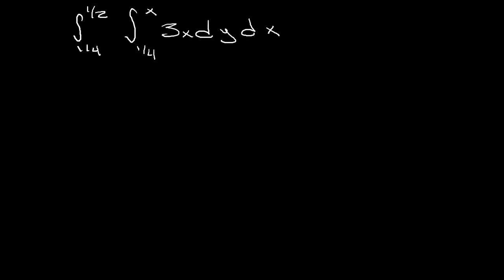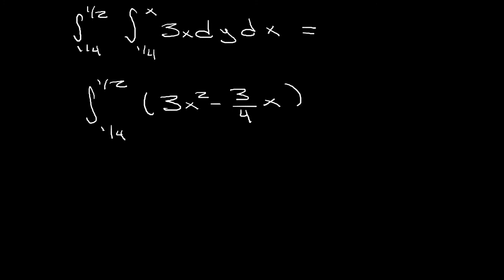So we will have something like this. The double integral 1/4, 1/2, 1/4 to x of 3x dy dx can be written as the integral from 1/4 to 1/2 of (3x² minus 3/4 x) dx. You don't have to wait for me, guys, you can do it faster. I'm just trying to be extremely careful and extremely clear. And now we can compute this integral,